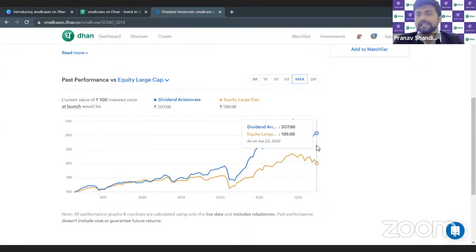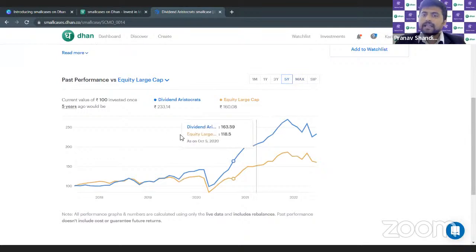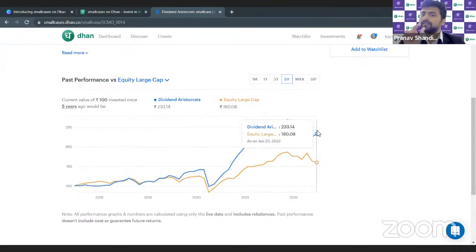It means 99% returns. So this small case has given 207% return. Equity large cap has only given 99% return. So it is more than double. And similarly, if we want to understand latest 5 years में कितना दिया है, तो हम यहाँ पे 5 years click कर सकते हैं. And we can see from here that dividend aristocrats from 100 has become 233, which means